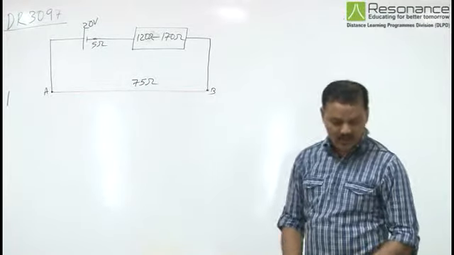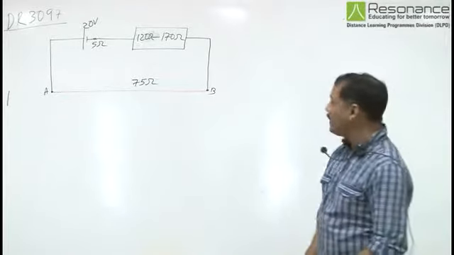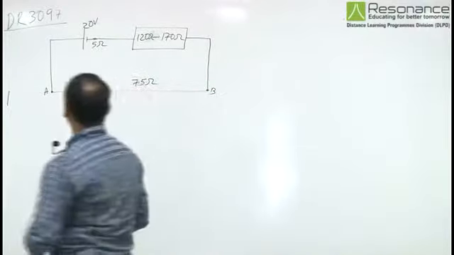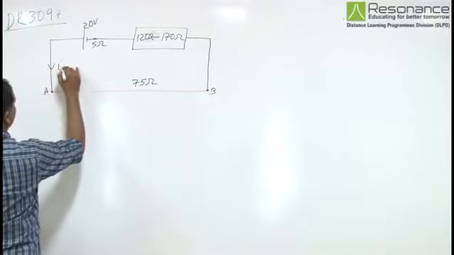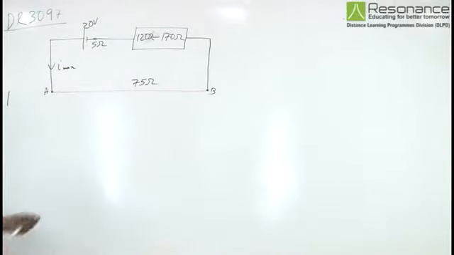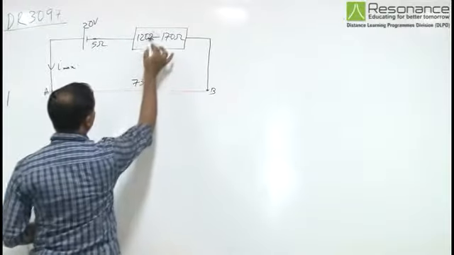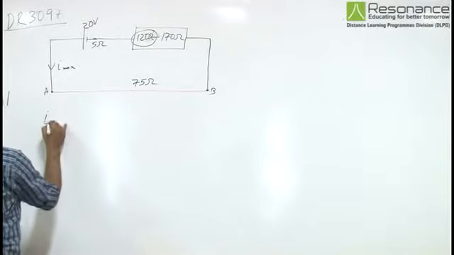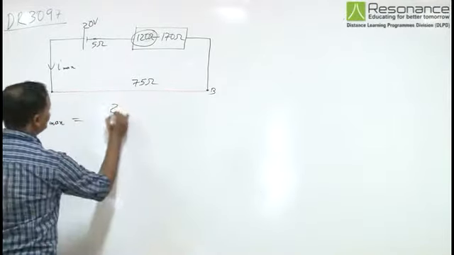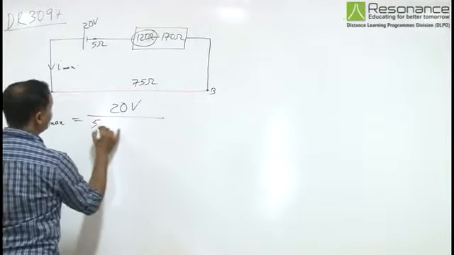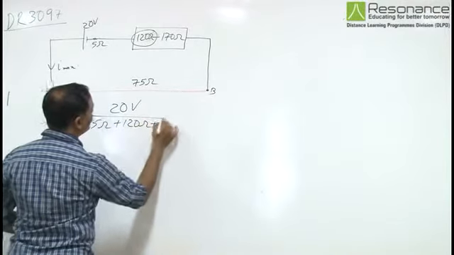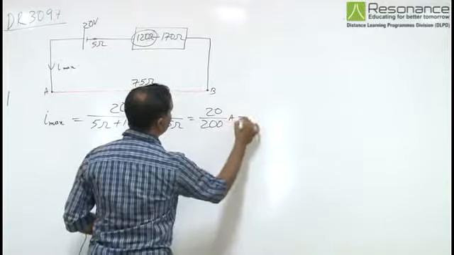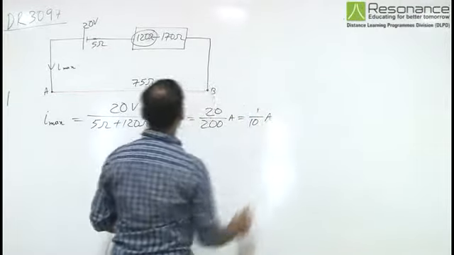Now we need to find the correct option, that what should be the potential difference which could be measured by this potentiometer wire. So let us first find out the maximum amount of current. Current will be maximum when resistance of the circuit is minimum, that is resistance of the resistance box has to be 120 ohm. So I max is equal to 20 volt by 5 ohm plus 120 ohm plus 75 ohm, that is 20 by 200 ampere or 1 by 10 ampere.